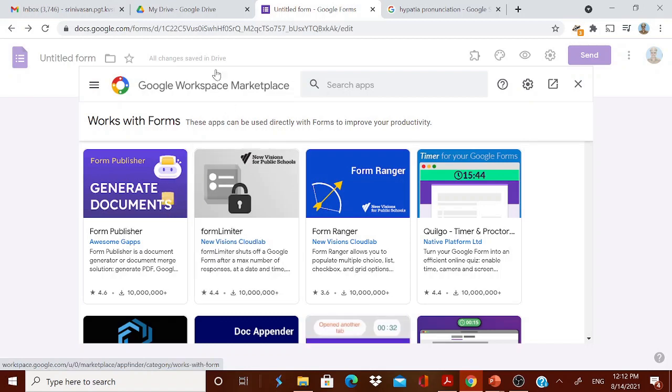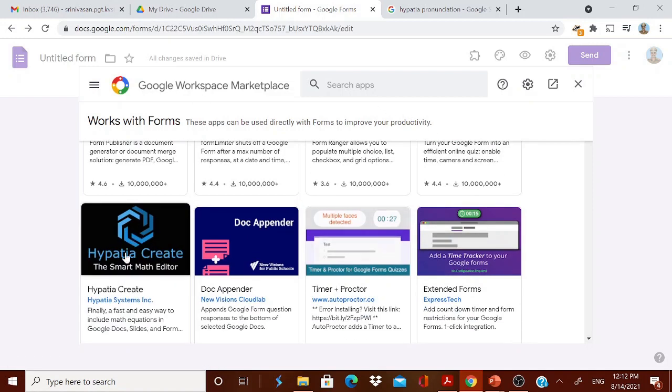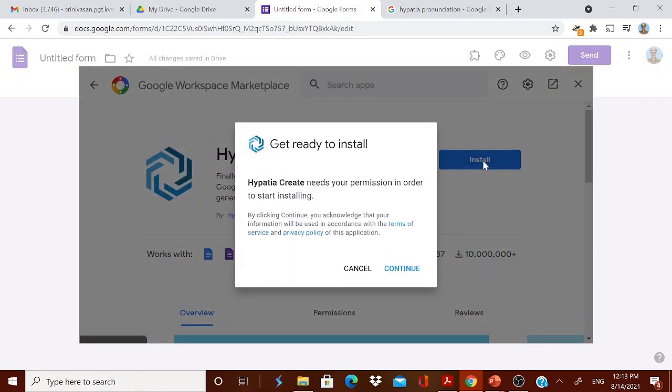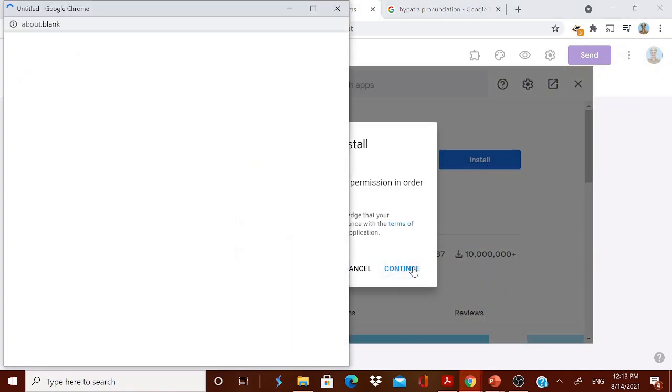Be careful with that. Now in that you can type here Hypatia, or Hypatia Create is already there. Now I'm just clicking it. It will ask you to install. Just install it. It will not take much time, and it will ask you through what account you want to do it,